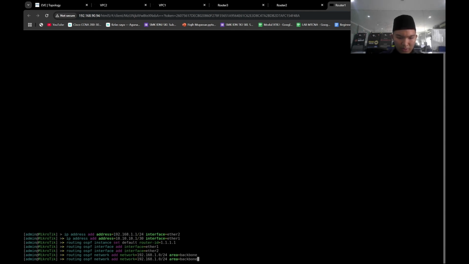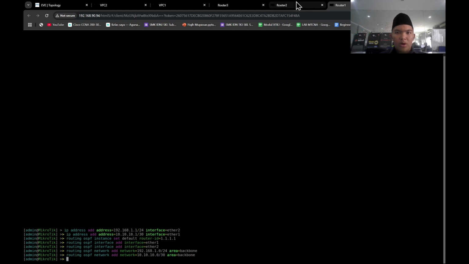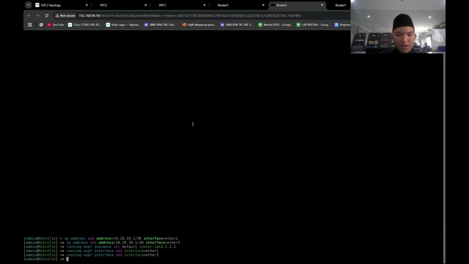Okay, and then we're gonna set the network of the other IP, that is 10.10.10.0/30, and the area backbone. Okay, done. And next we're gonna add the networks in router 2: routing OSPF network, add network.